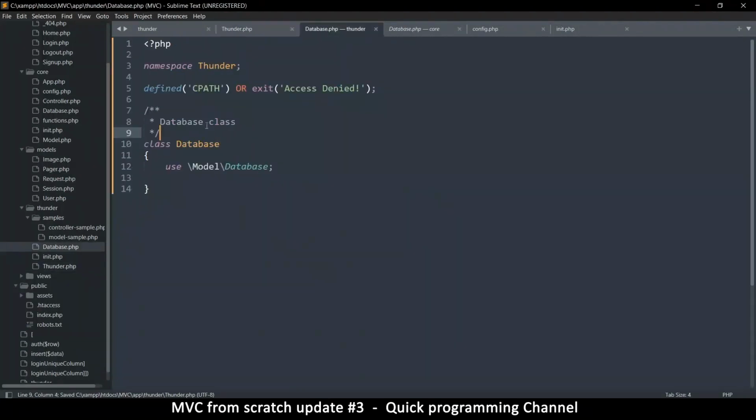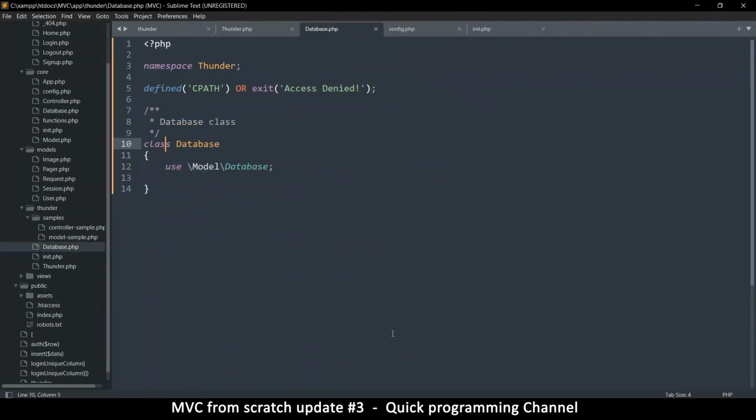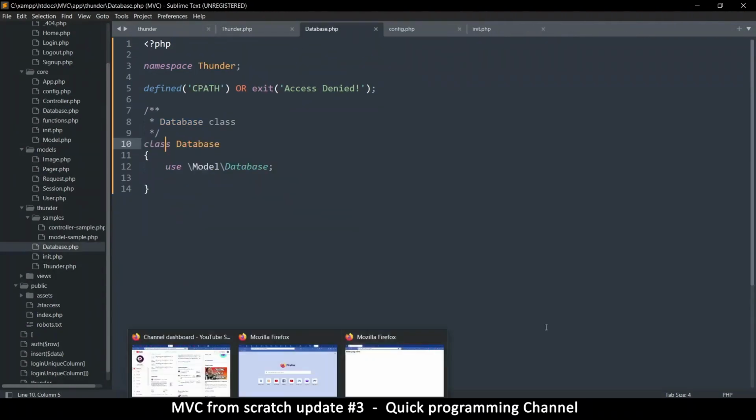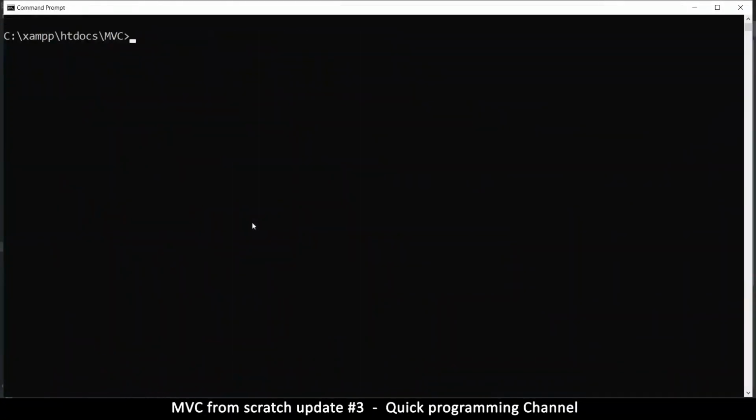Now database, this one is a class, unlike this other database in here, which is a trait. So there's a difference there. A trait is meant just for importing, while a class is for instantiating. So let's do PHP Thunder. Let's see any errors we get this time. DB create